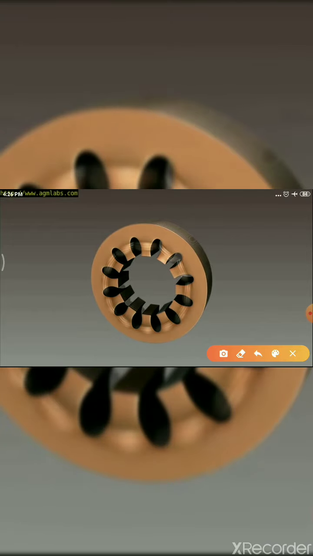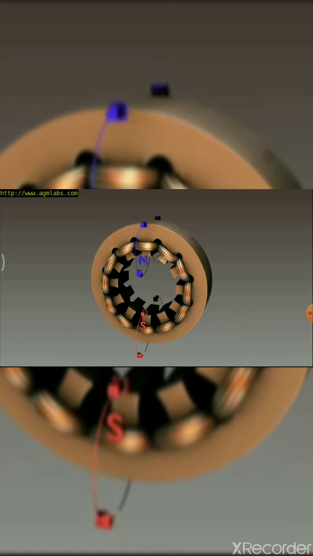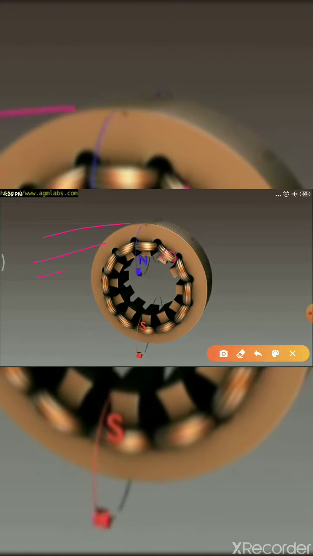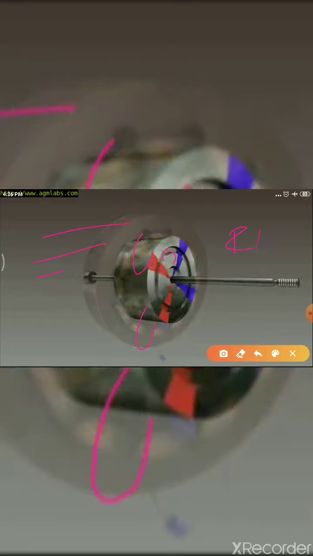You can place conductors or a winding upon this. These are called stator winding. When the three-phase supply is given to this, the conductors start behaving like an electromagnet and start producing a flux. Every half cycle this flux is going to change from north to south and south to north. We will discuss RMF, the rotating magnetic field, in detail.